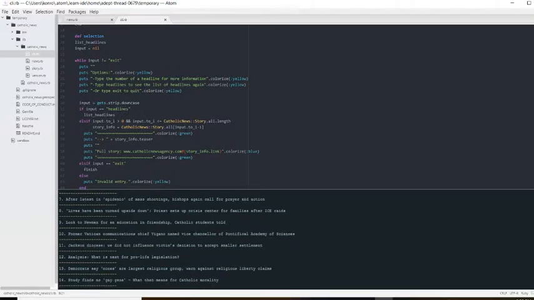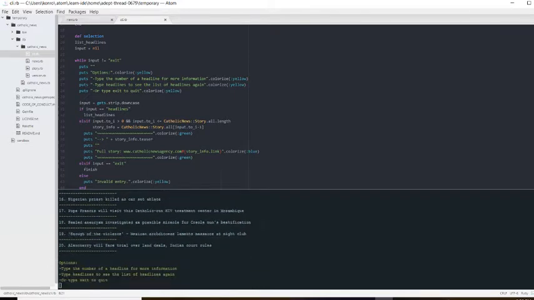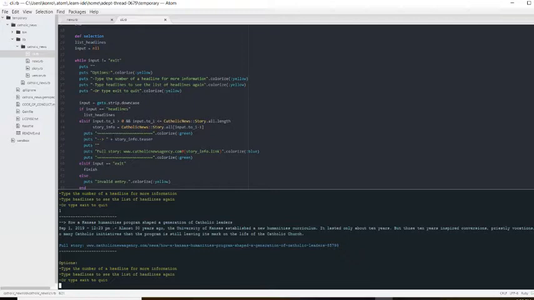But let's say, okay, I'm going to look at that first headline. How do we get that? Well, here's what it's going to do. If their input is greater than 0 and the input is less than or equal to the length of the all array, or from the self.all method found back in the story class,